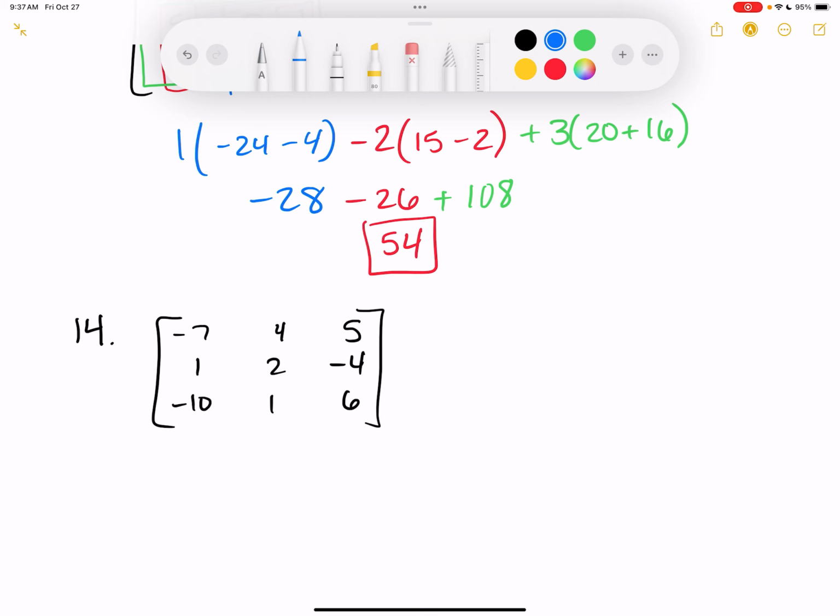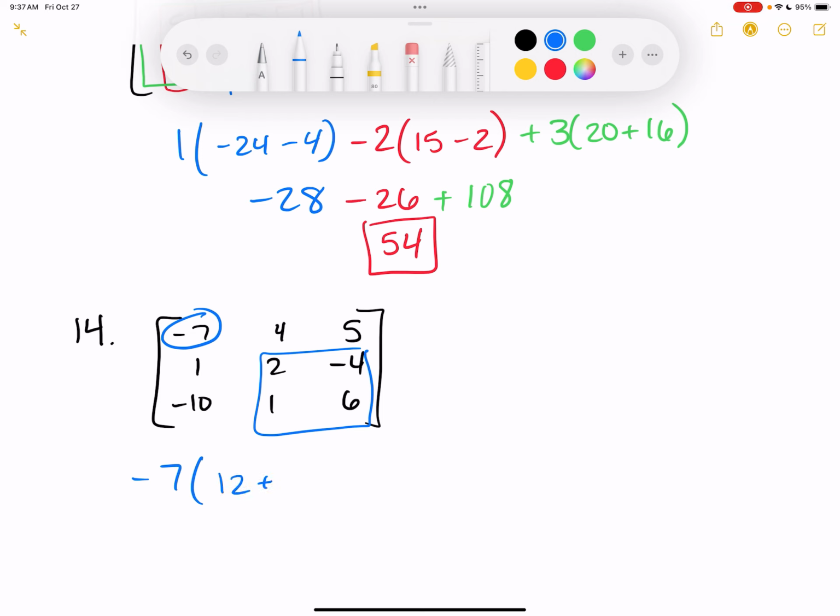All right, this one got -7 times the determinant of this. And so, just to be clear, because some people get confused, just because this started out as negative doesn't mean the next term becomes positive. It always follows the positive, negative, positive. If the number happens to be negative, that's fine. It's going to change the sign, but it's still following that pattern. So -7 times the determinant of this would be